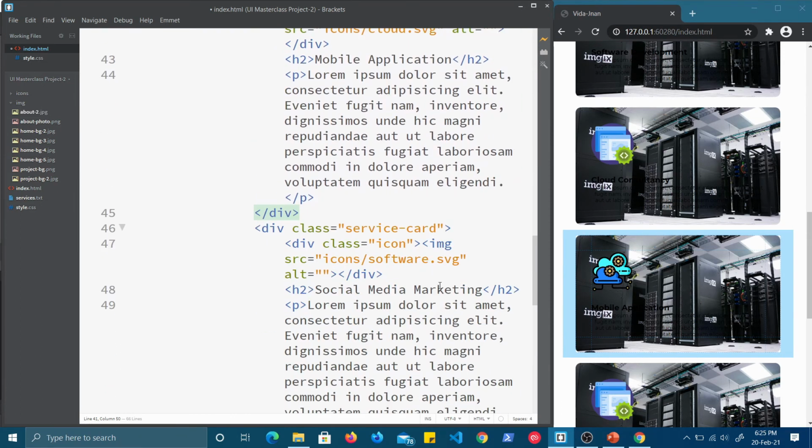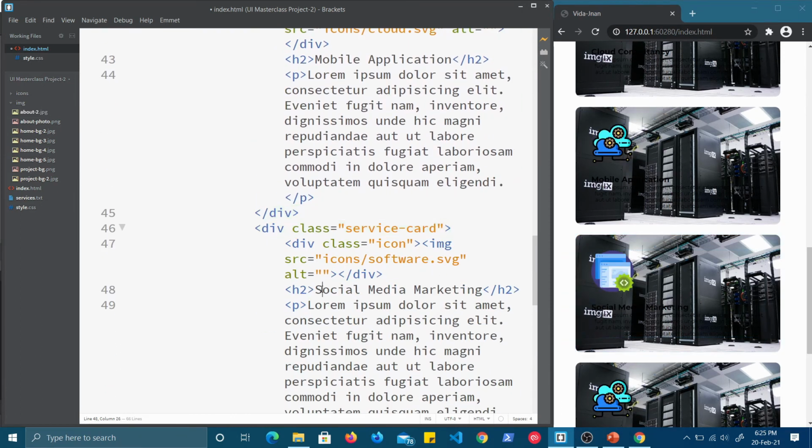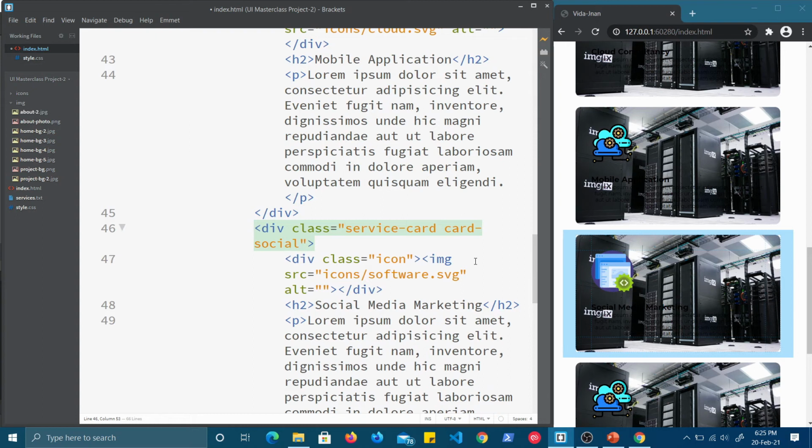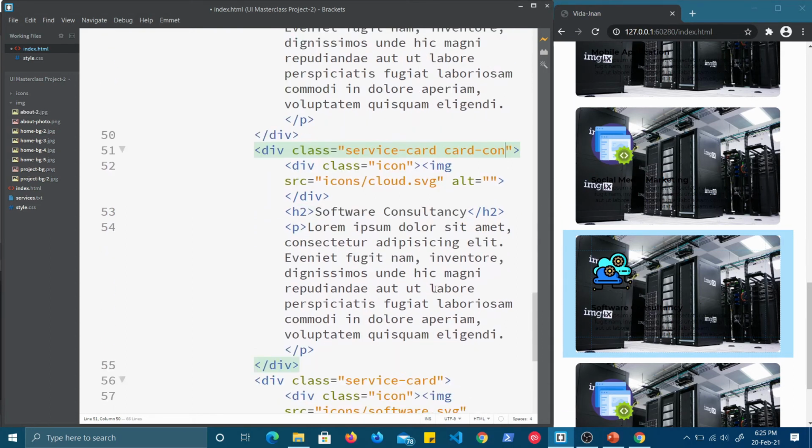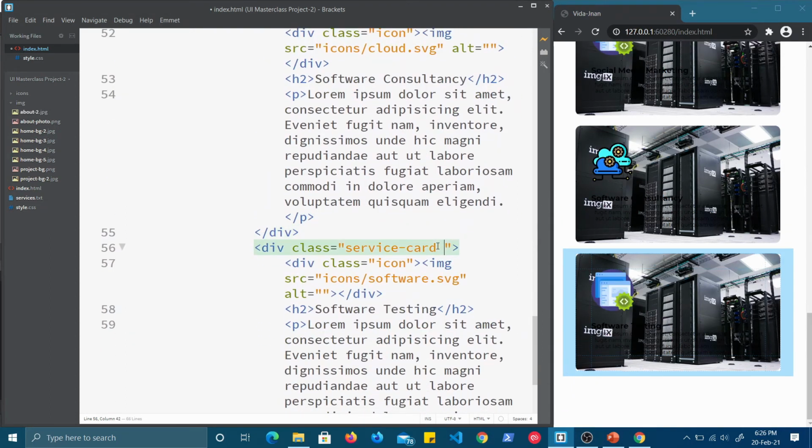And for this card we will have the class social media marketing. So here we'll give card social. And for this we have software consultancy, so card consultancy, right? And for this card we will give testing, so card